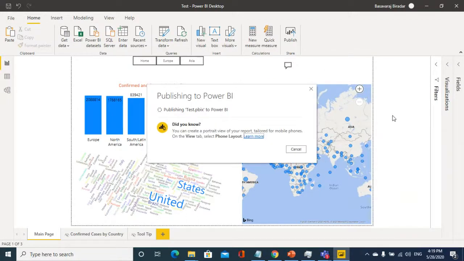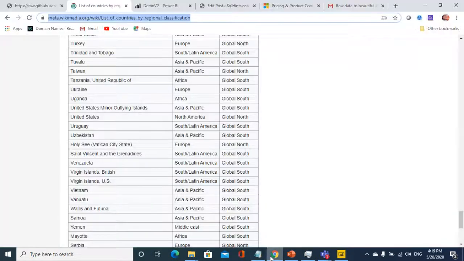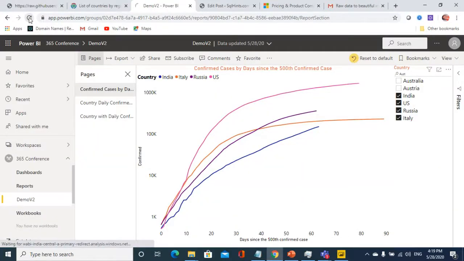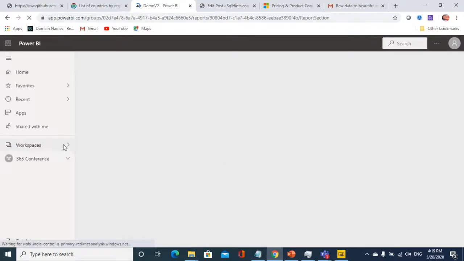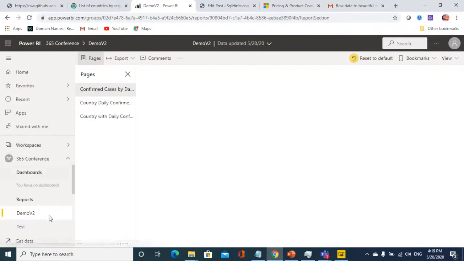I can go to the cloud and I can see the published report over there. It is publishing. It has successfully published to the Power BI cloud. Here in the cloud, let me refresh this. So I have published in this workspace.